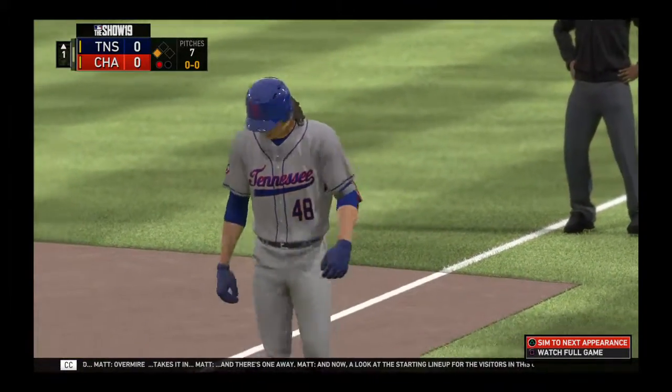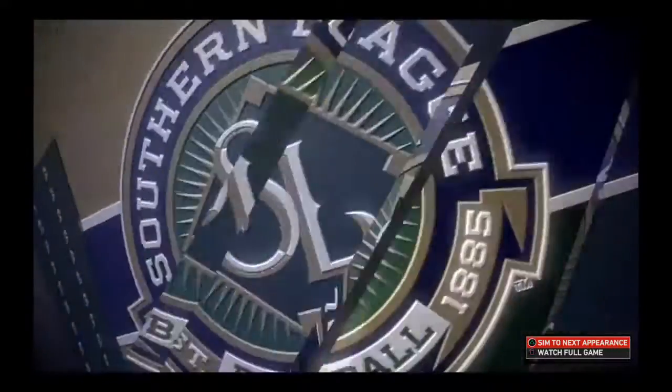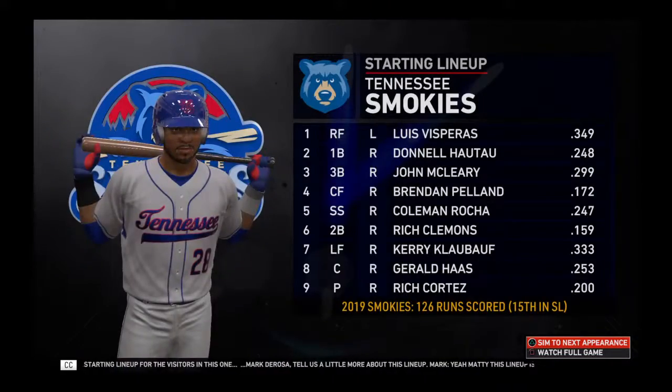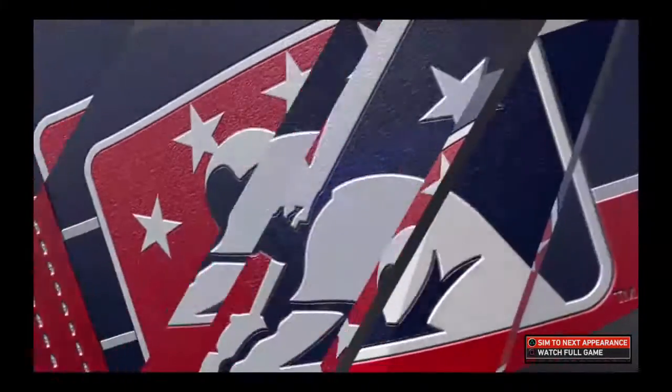And now we'll look at the starting lineup for the visitors in this one. Mark DeRosa, tell us a little bit more about this lineup. Yeah, Matty, this lineup is an interesting case study, because if you're not a big believer in batting average, this team...